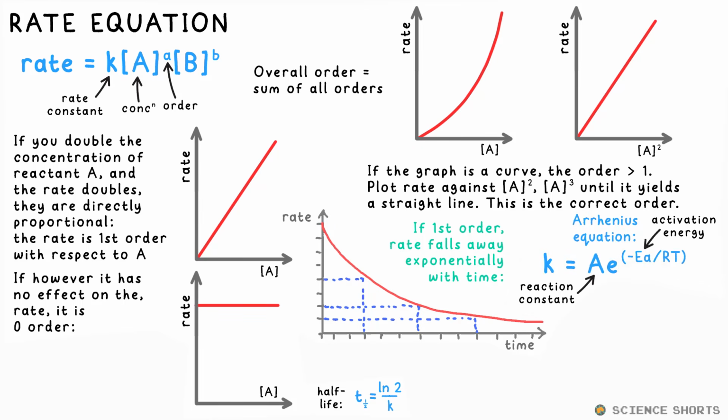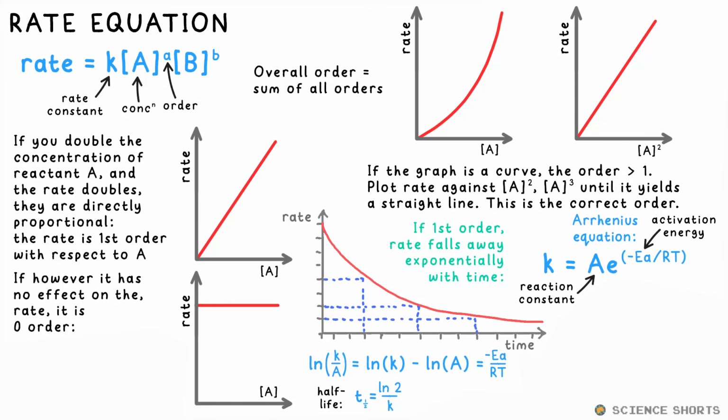Here's the full equation that describes the exponential decay, the Arrhenius equation. k is the rate constant again, A is a constant depending on the reaction, R is the gas constant, 8.13, T is temperature in Kelvin, and Ea is activation energy. If we need to rearrange this to make Ea, R, or T the subject, we divide by A, natural log both sides to get rid of the e, and we can also say that natural log of k divided by A is the same as natural log of k minus natural log of A. These are what we call our log identities. Moving log A, I refuse to say ln by the way, it's still a log,